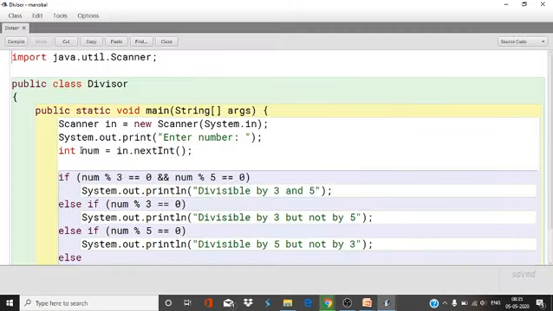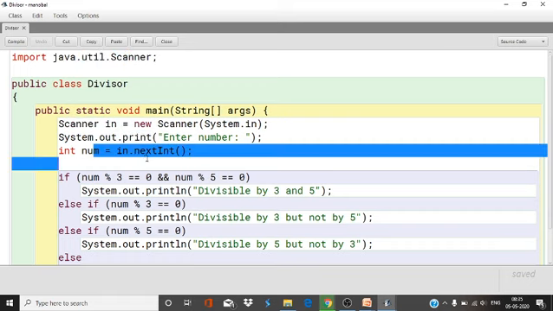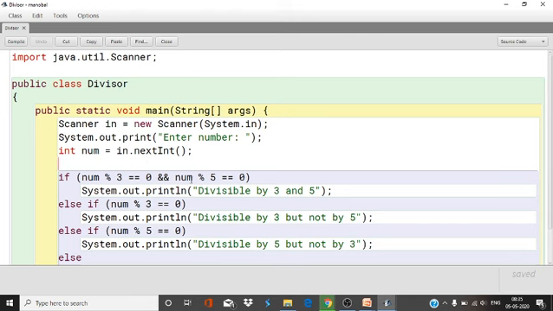Simply, I have taken a number which I have to divide by 3 and 5. After accepting the number through the Scanner class, I have declared an object of the Scanner class, and through that we have entered a value with nextInt. Now I'm going to